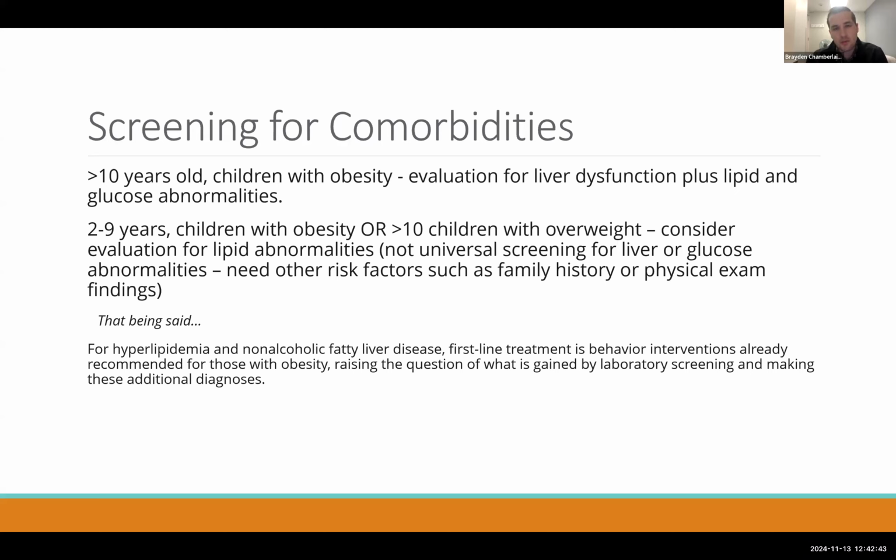And they don't necessarily recommend universal screening for liver or glucose abnormalities. They recommend only doing so if there are other risk factors for that. That being said, on a review of this recommendation with the